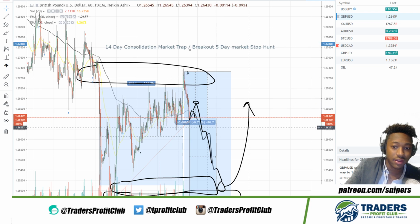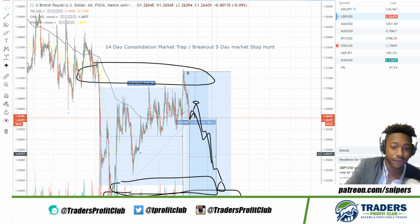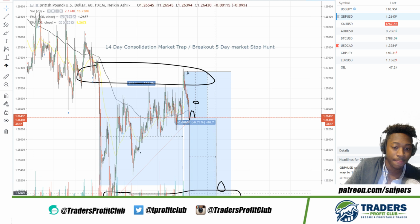So what I mean by that, you guys, is that the market was consolidating for about 14 days, basically trapping liquidity on one side. And this is where a lot of